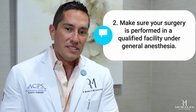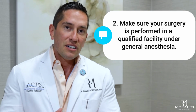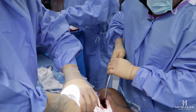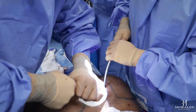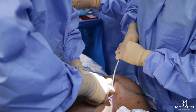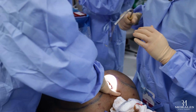The second thing is that when you have the surgery done, you want to do it in a qualified facility under general anesthesia. This procedure is a little bit more labor intensive and technically more challenging than a simple breast augmentation. The positioning of the patient is different, the technique is different. It has a higher risk of injury to vessels because it usually involves the muscle itself. These implants are placed in the muscle, and so everything needs to be well controlled in a very, very sterile environment,